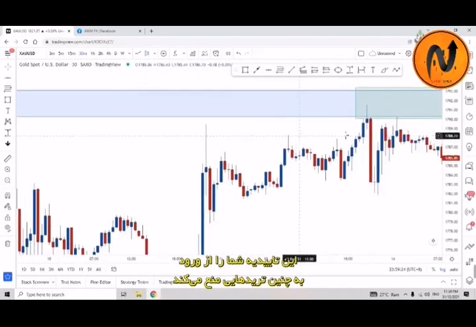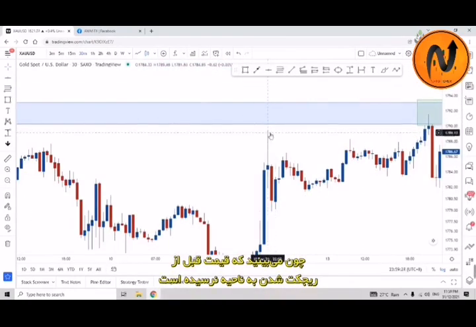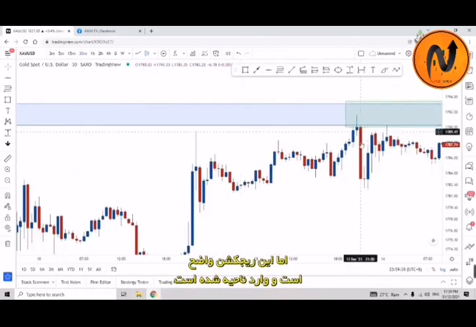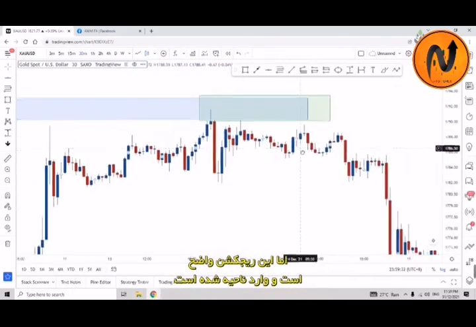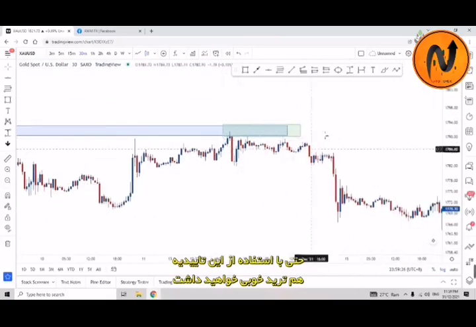So it will prevent you from this kind of trade. You can see that it didn't go into the zone before it rejects, but this is an obvious rejection. I told you before, you have a good trade too. Even if you took this kind of confirmation, you have a good trade.